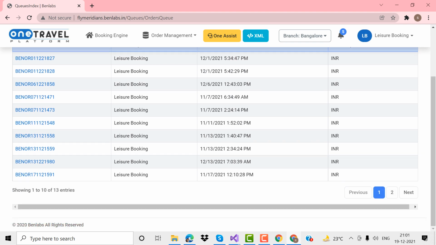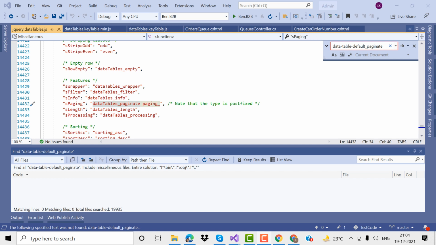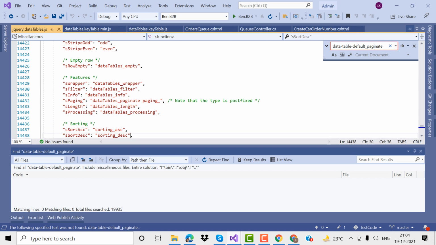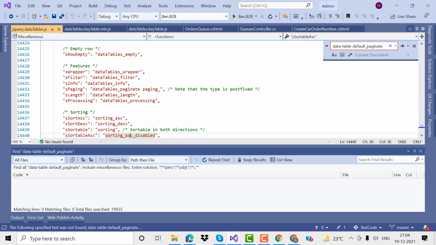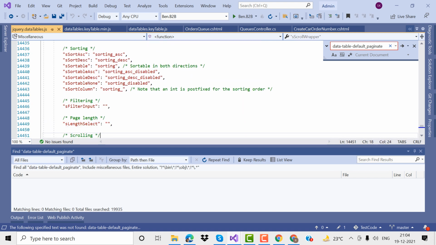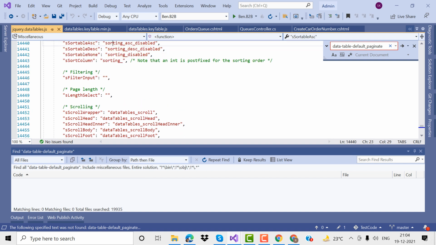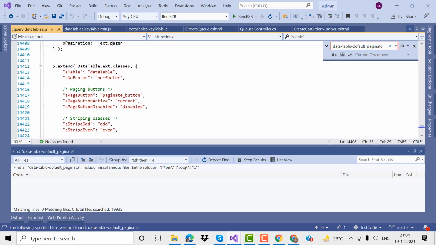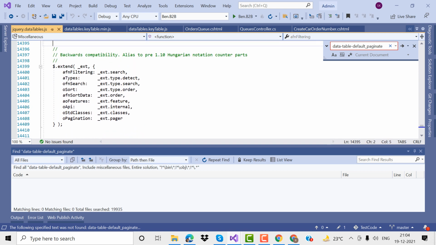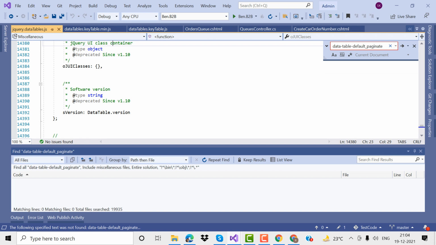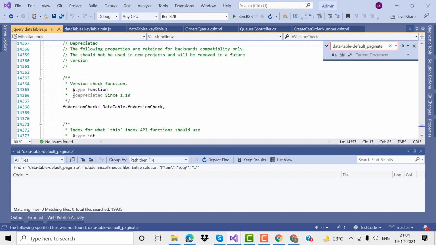The pagination is also coming from the DataTables pagination, which we can use from jQuery. Sorting techniques, ascending and descending, are also coming from the jQuery DataTables JS files. Sorting can also be configured there, and filtering and everything will be configured from here. These values we are calling from the min.js files. We are calling them accordingly to configure all these things in my application. This is the way we set up the searching and pagination and everything in my application.